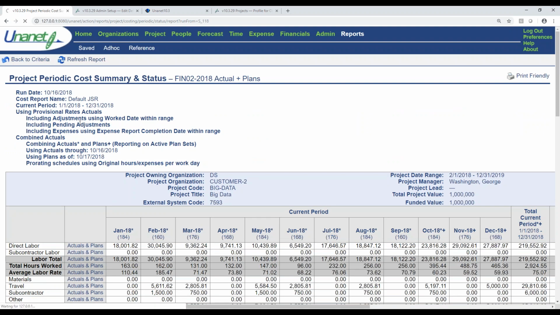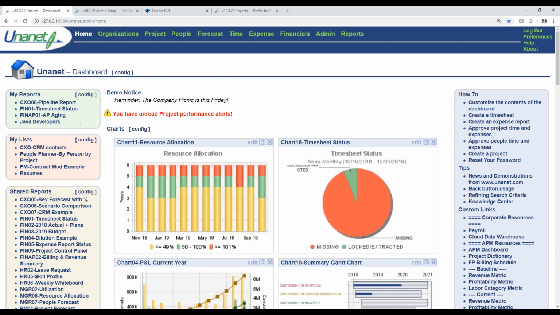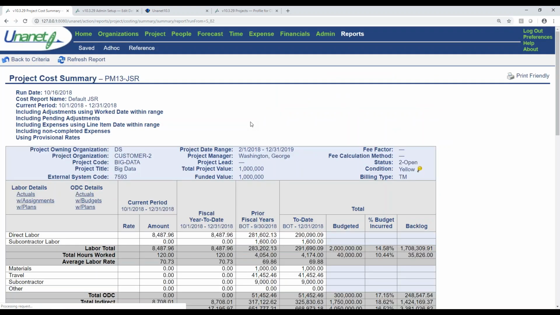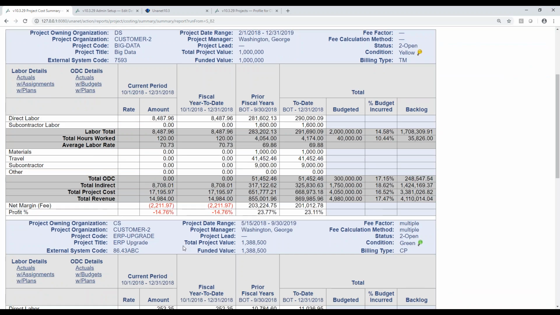Another version of this report is the periodic project cost report, that periodic PSR, JSR, if that term is familiar to you. You can see that similar report right here, but this is just a point in time version of that report. These columns probably look familiar. What's the labor budget on this project? You can see what the percent of the budget is incurred and what the backlog is that's remaining.